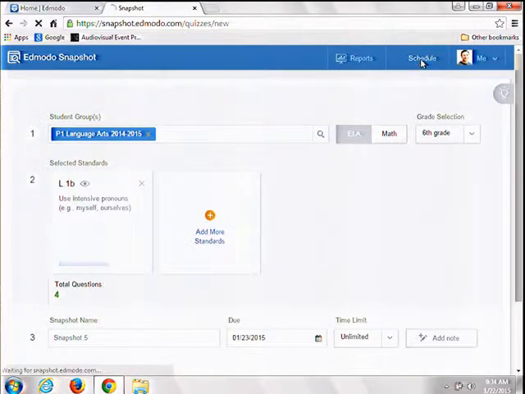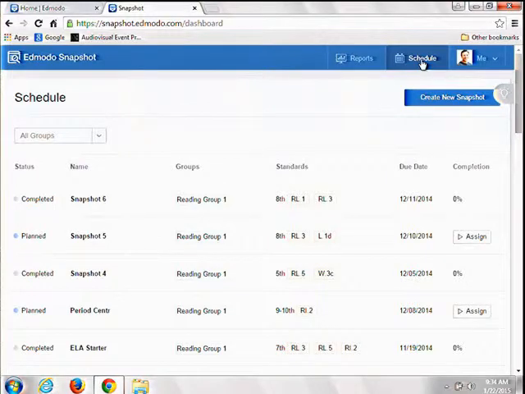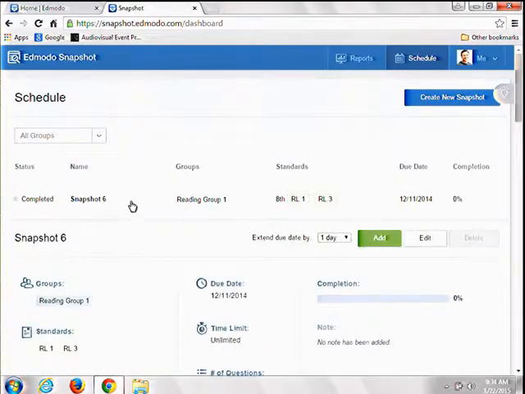But let me come over here to the schedule and show you. So these are all of the snapshots that I have created or assigned with my students. I can come up here and I could filter if I want to see just for a specific group or small group. But for example, if I open this one up, it's showing it's in a completed status.